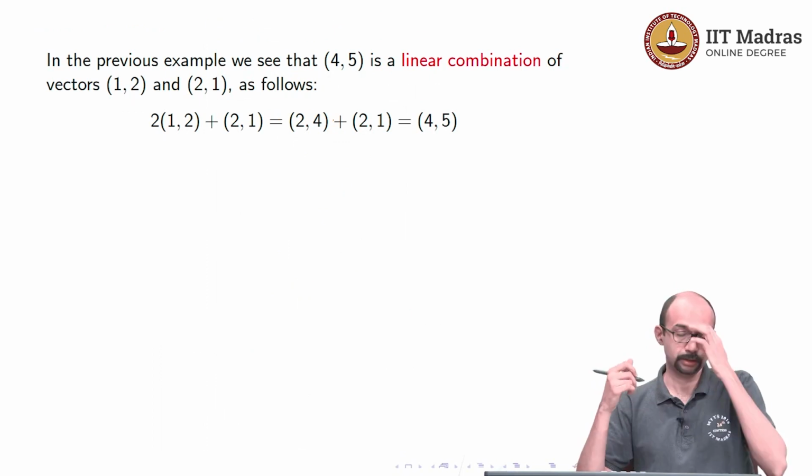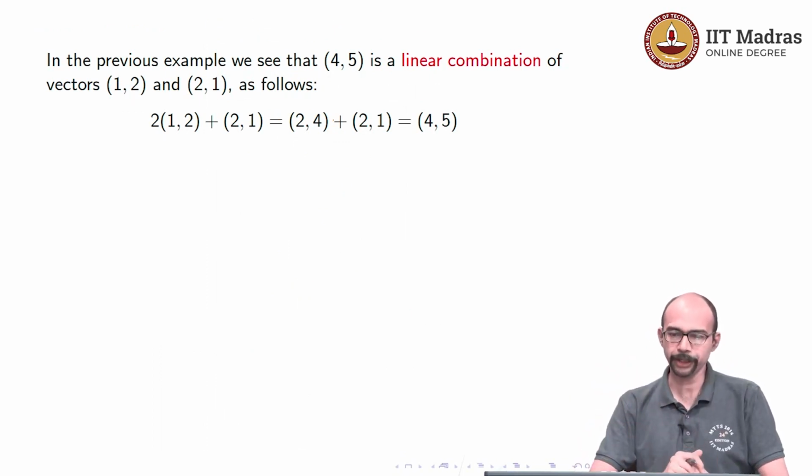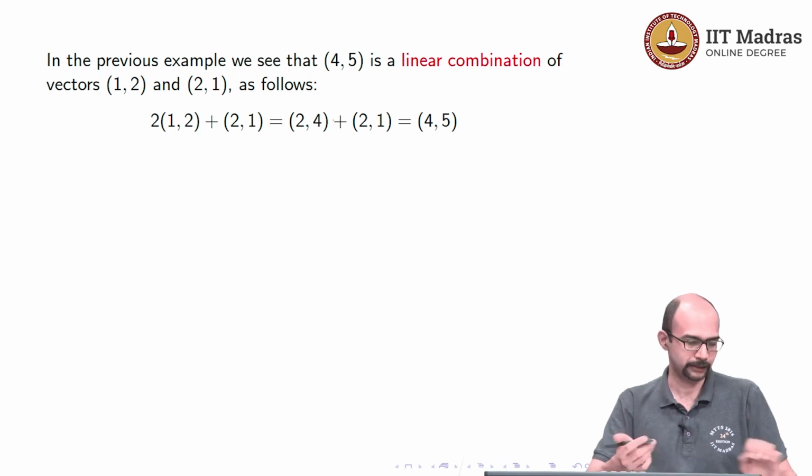So of course you can do this algebraically, but that's not the point. The point we want to make here is that we have expressed (4, 5) as a linear combination of (1, 2) and (2, 1). And what is the linear combination? It's with the scalars 2 and 1. So 2 times (1, 2) plus 1 times (2, 1). If there is a 1 times something, we suppress it. So 2 times (1, 2) plus (2, 1) is (4, 5),